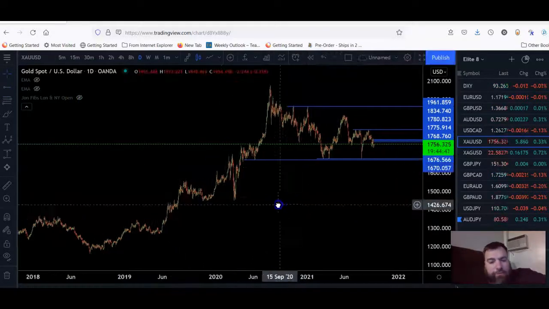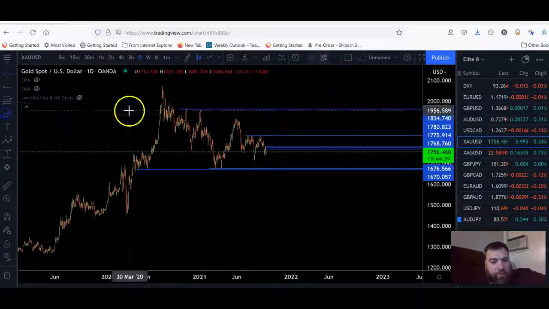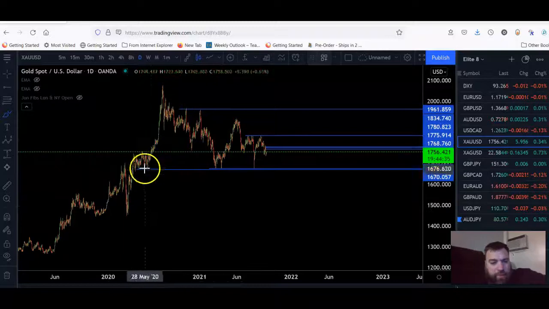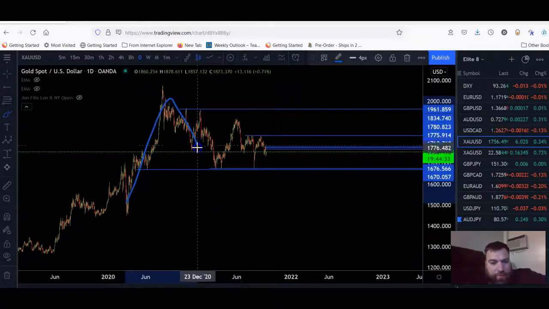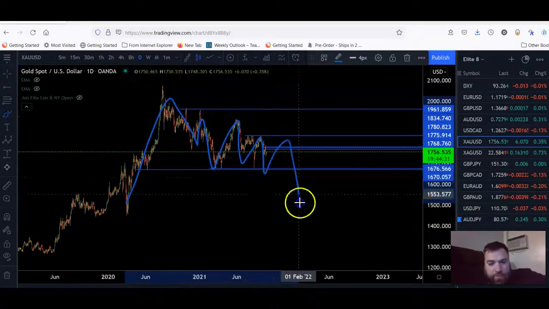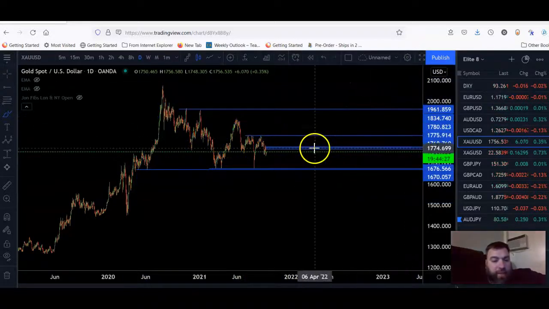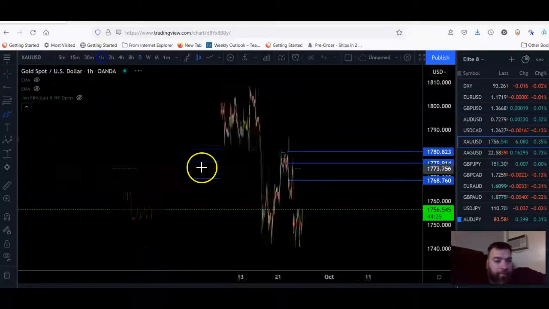So long term, I think gold kind of looks like a flag. You got this impulse. It's doing this. Okay. Don't know when that's going to happen. I do know that